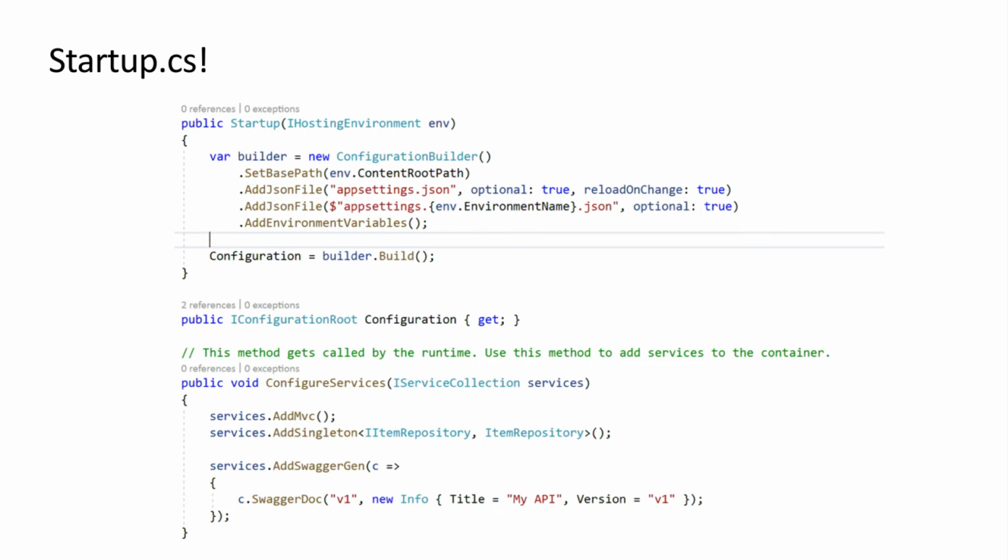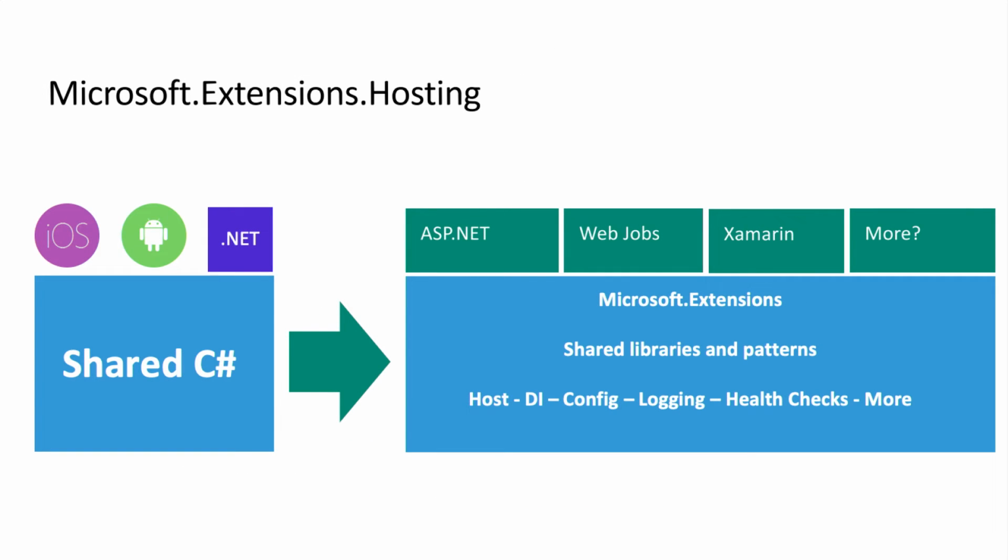That's right. Oh my goodness, let's do it. Okay. So it kind of turns into something like this then, I guess, huh? Yeah, it does. You have the same story we saw earlier. You have shared C#, shared code, shared class libraries across the world. With extensions, then what you have is a bunch of shared patterns. You have hosting, DI, config, logging, health checks, all the stuff in the Microsoft extension space. And that's the same pattern and the same familiar code that you use when you're using ASP.NET or web jobs, or, as this talk is showing you, Xamarin Forms.